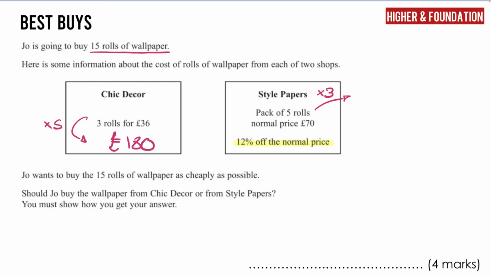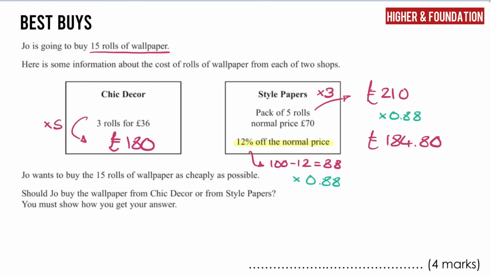So £70 times 3 gives us £210, but we're also going to have to work out what that costs after the discount. So for 12%, which is 100% minus 12, which is 88, we can use any method to work out 88%. I like to just use a multiplier and times by 0.88. So that's going to decrease it for me. That's going to give me the reduction straight away. So times by 0.88, and that gives me the answer, which is